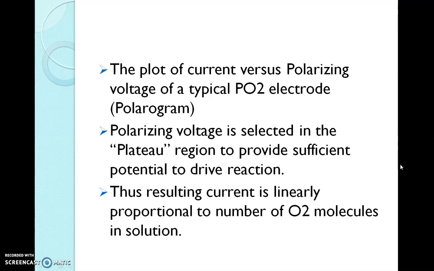We determine the value of PO2 by using the fact that the flow of current through the external circuit, which is connected to the electrodes, is proportional to PO2. The presence of O2 and the resulting chemical reaction can be thought of as producing in the circuit a variable source of current, the value of which is directly proportional to the PO2 level.